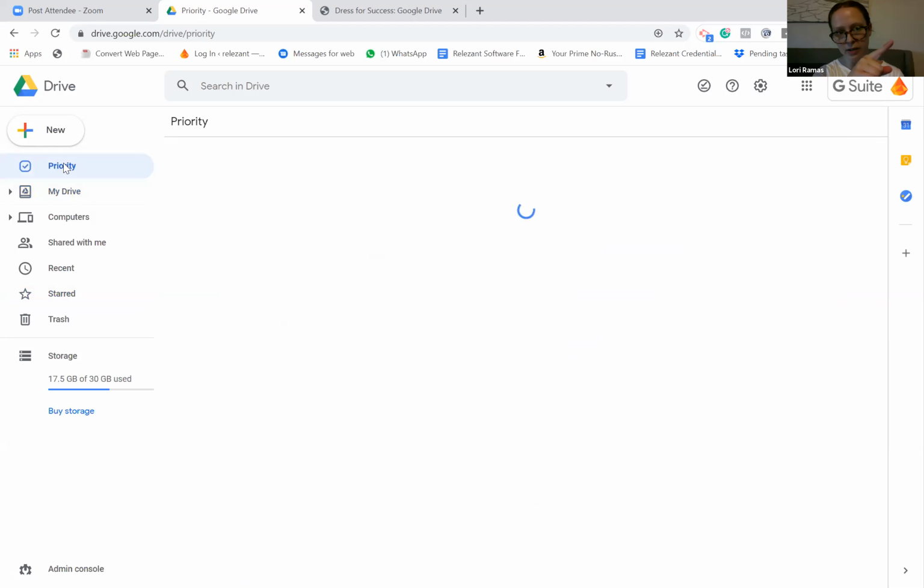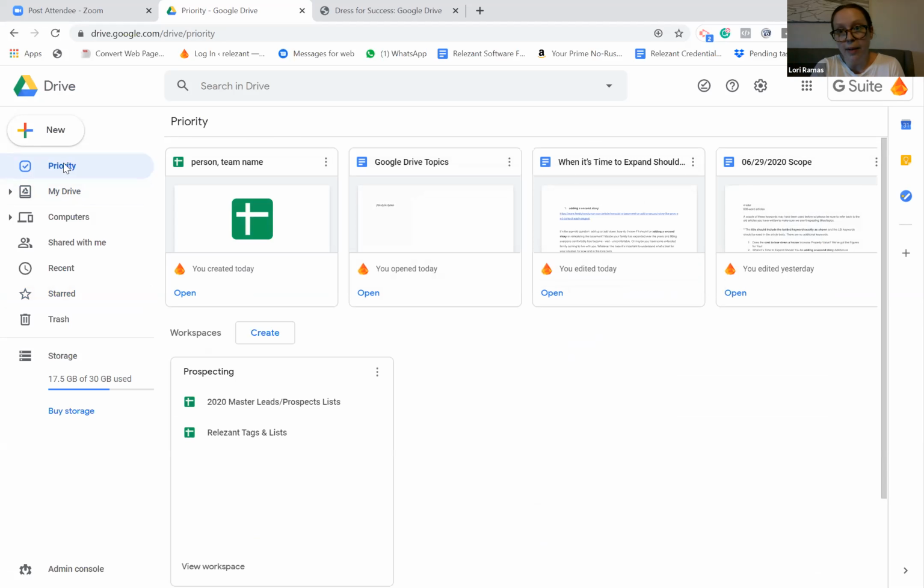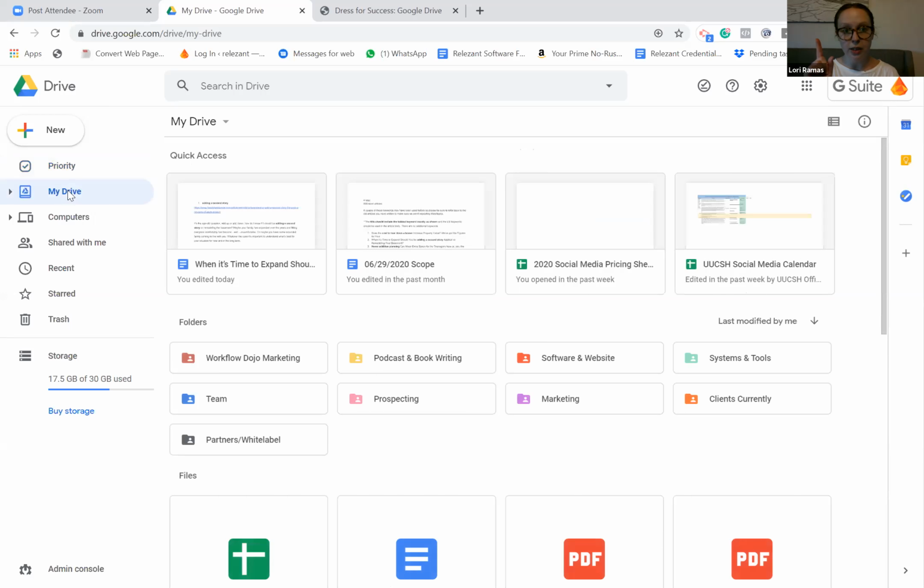If you look here at the top left, I can do the same thing. I can right click and make something priority. Maybe these are the major spreadsheets I work with every day. It's more or less, if you like that kind of organization, use it. If you don't, forget it exists. It doesn't matter. The only other thing I just wanted to touch on, sorry if my screen is glitchy.